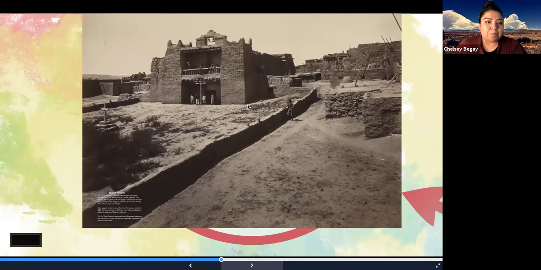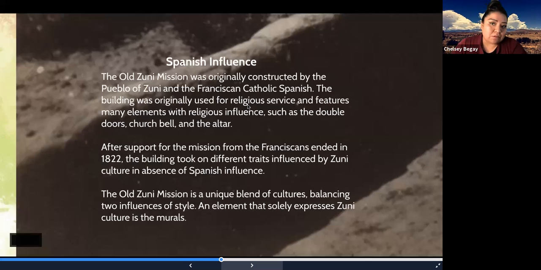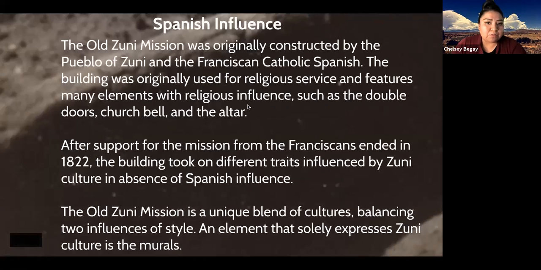So some more history. The old Zuni Mission was originally constructed by the Pueblo of Zuni and the Franciscan Catholic Spanish. The building was originally used for religious services and features many elements with religious influence such as the double doors, the church bell, and the altar.